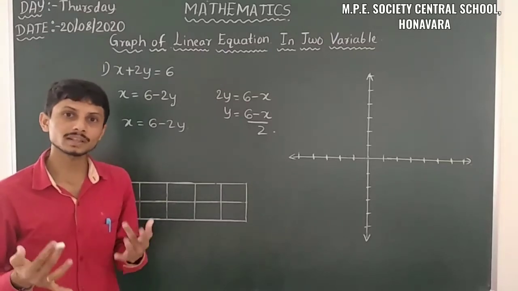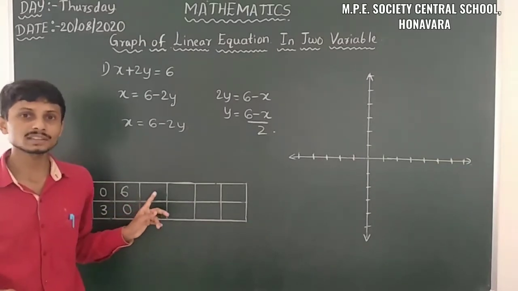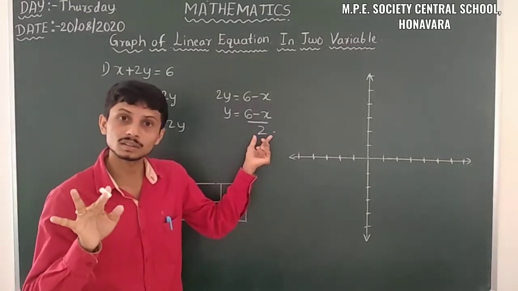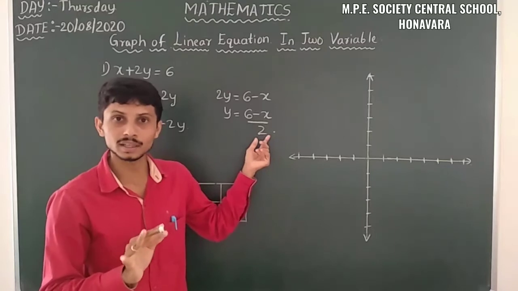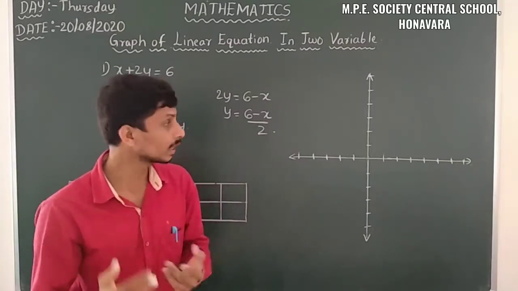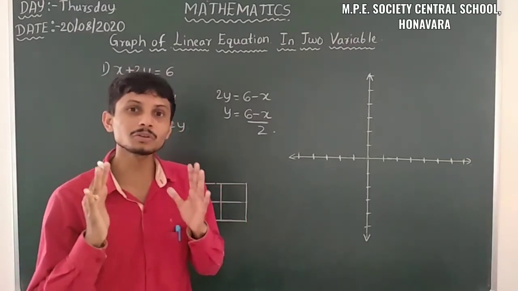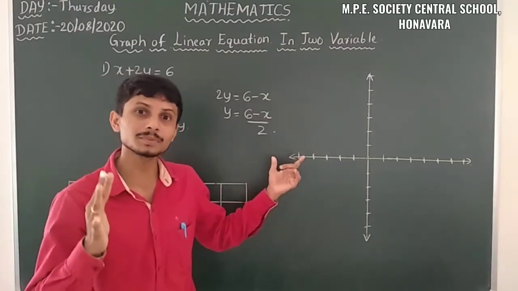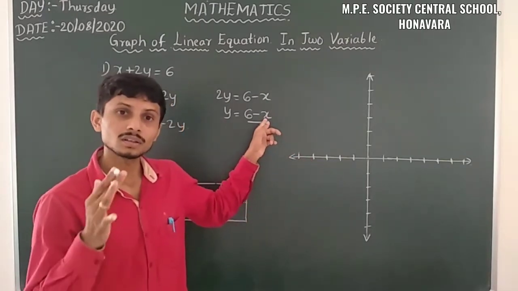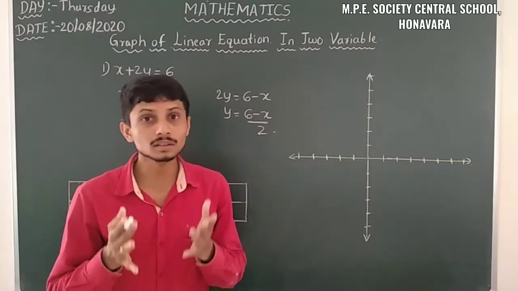Okay, so likewise we have to take the values of x and y. We took 0 here, and we take 1 here. Just remember, here the denominator is in the form of 2, an even number. When we are inserting the value of 1, it becomes 5. That means it's 5 by 2. So we can insert 2.5, there is no problem, but it's in the form of a rational number. That's why we must be aware of that, so we have to use some techniques here. When we are inserting the value of 1, we got an odd number here. That means we can't get the integer form.